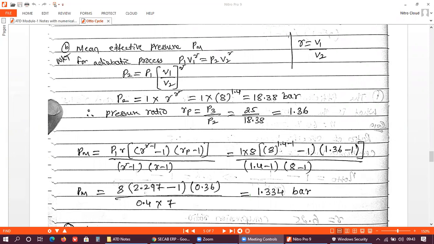And one more thing I want to tell you: if you understand this first module clearly, then the second module is also related to this type of derivations only. If the first module is understood, the second module will be understood easily. So we can cover 2 modules on the study of one module, right? So please work on this, all of you. First 2 problems, you work on these, right?